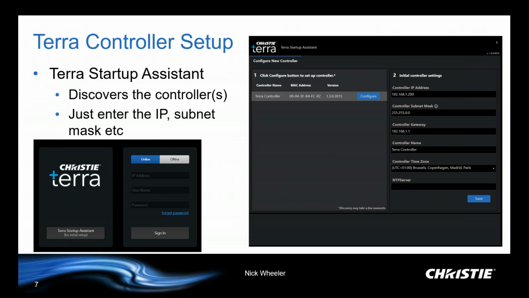So it'll find its MAC address, it'll show the version of the software that it's running, and when you click on configure, the blue button there, you'll have the initial controller settings appear on the right-hand side. Now, all of those, at least the first three, will be blank. So I actually entered